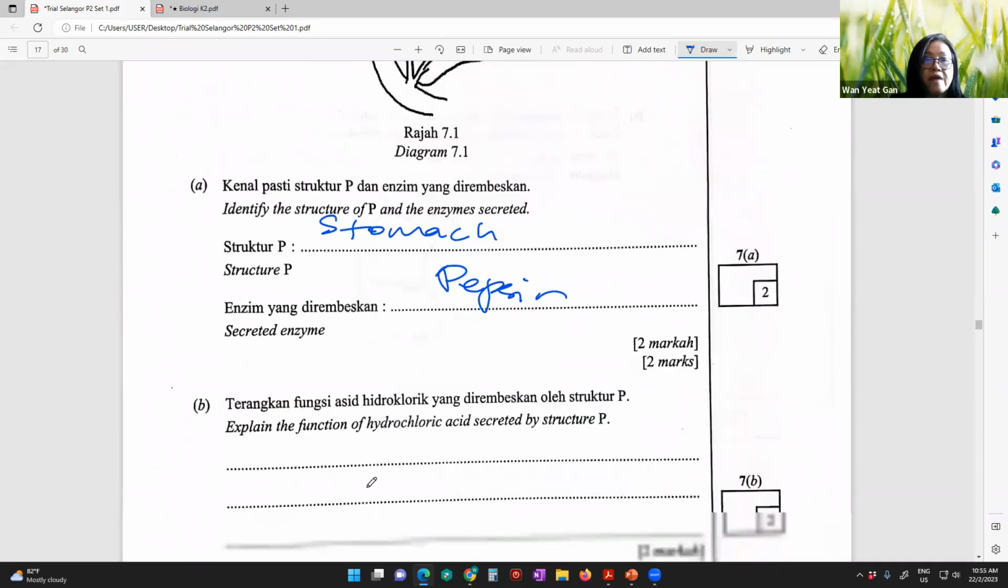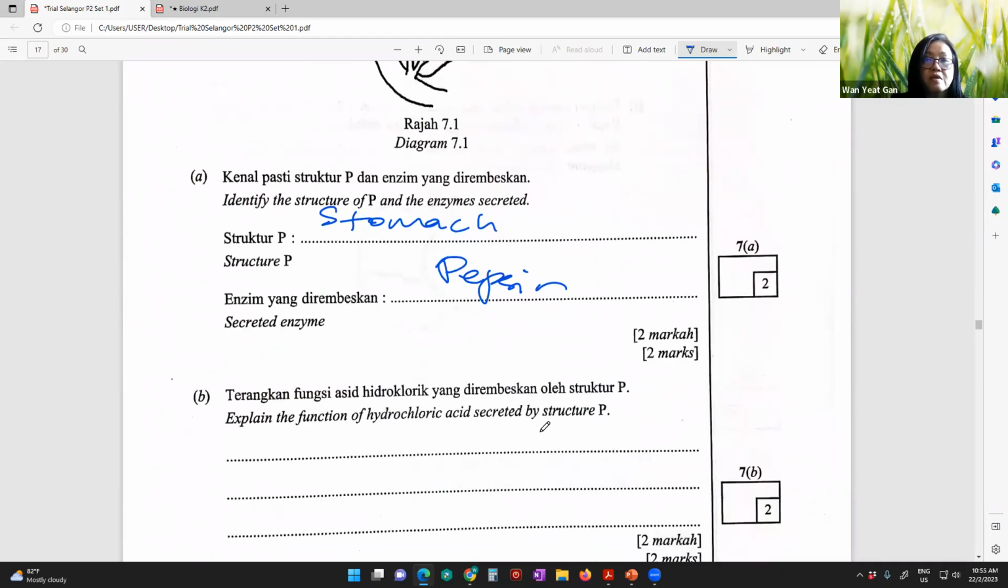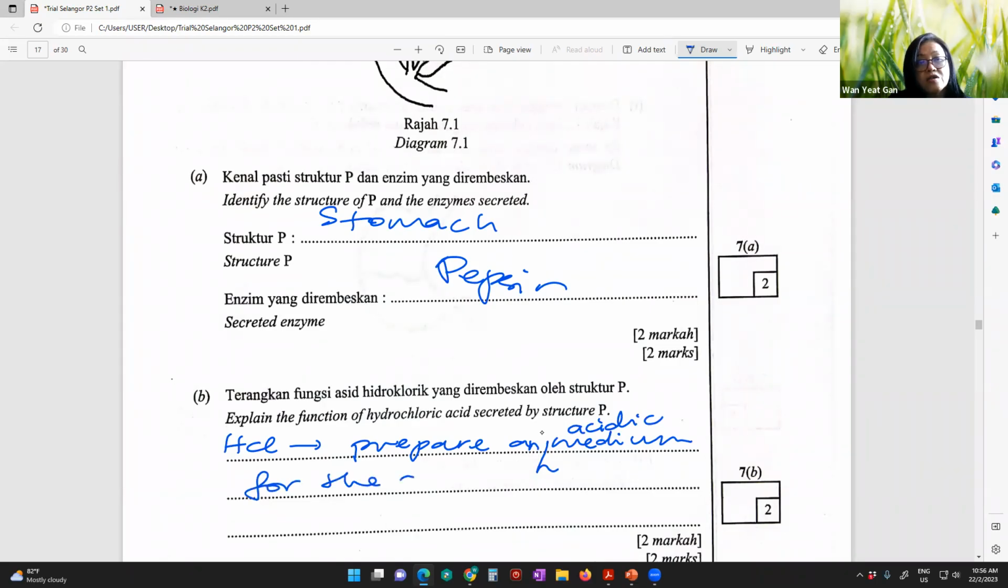Explain the function of hydrochloric acid secreted by structure P. So HCl always prepares an acidic medium for the action of enzyme. In this case, it is for pepsin. Now HCl also stops the enzymatic reaction